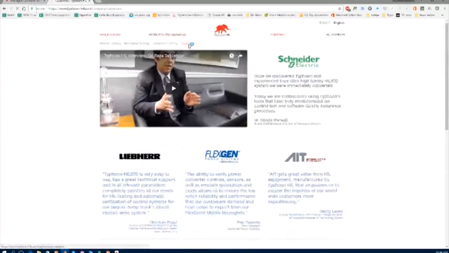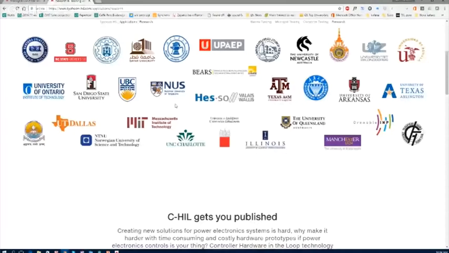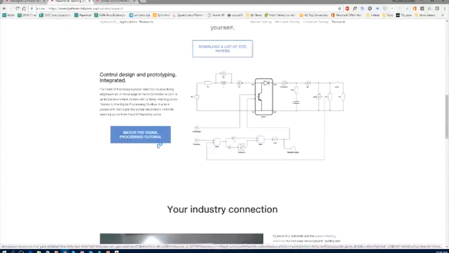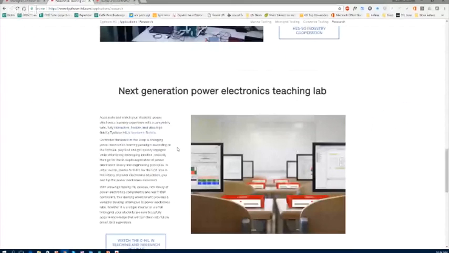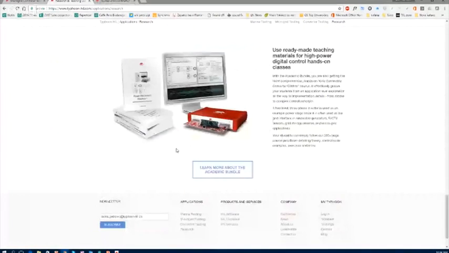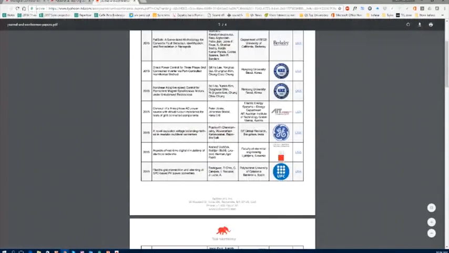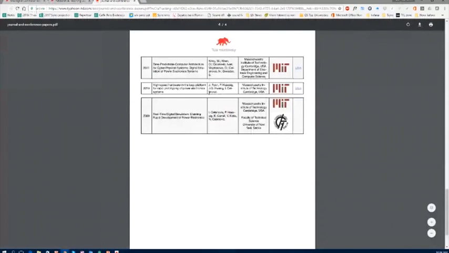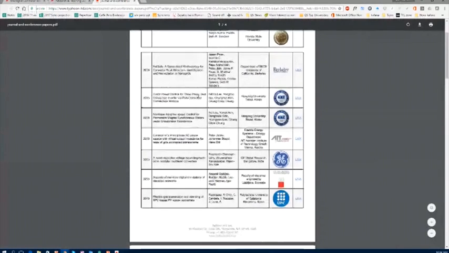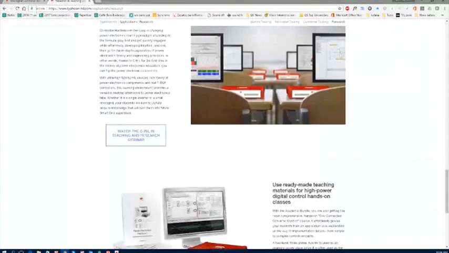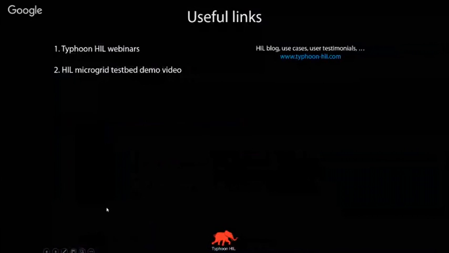If you are interested to learn more about this, these are just some of the institutes that we are working with. You can download the complete list of published papers right here, or watch some additional tutorials, see how different schools worldwide are applying this technology. As I mentioned, a list of published papers. All of this is available on the website, so feel free to browse a little bit, download, or even ask for some of these materials directly from us. We are happy to share them at any point.